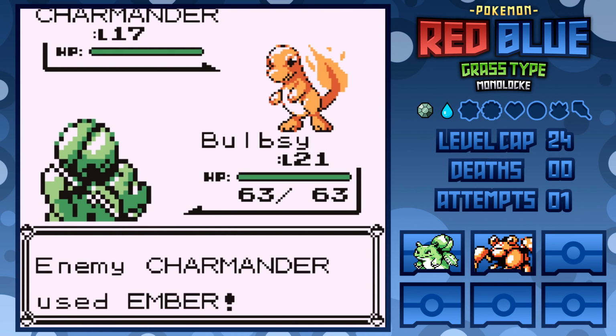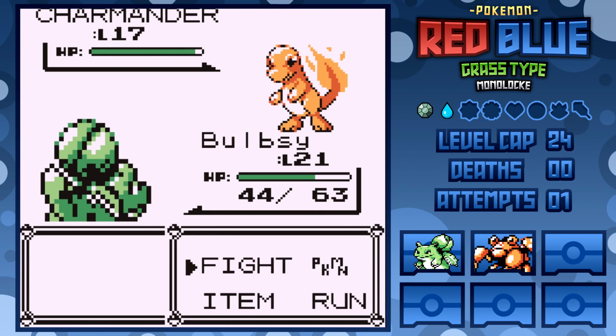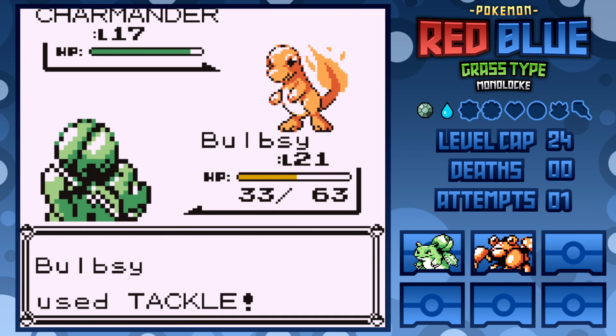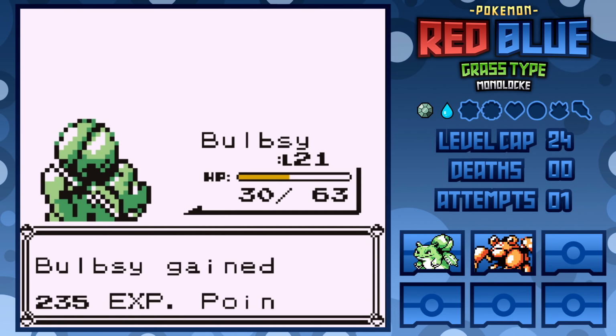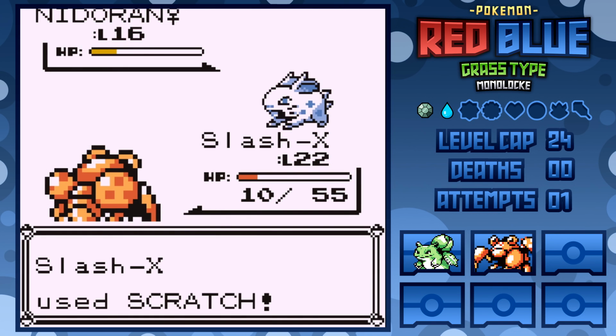Despite having Ember, this is a pretty simple matchup, as Leech Seed is a great tool to continue picking up residual damage, as well as slightly increase my own HP, though it doesn't do much in the face of Ivysaur picking up 2 critical Tackles in a row to KO Charmander and win me the fight. Well, that's pretty good, I guess, but there's plenty of room for me to take out the Nugget Bridge and